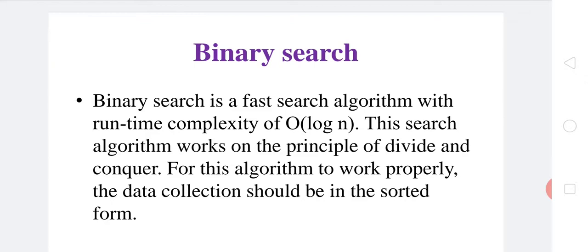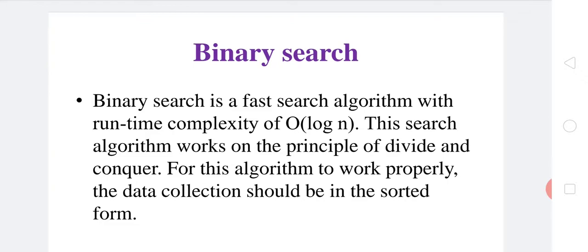Basically, binary search looks for a particular item or element by comparing with the middlemost element of the collection. Means every time the search element is compared with the middle element. If a match occurs, then the index of the item is returned. If the number is equal, then it will return the index of this particular item.